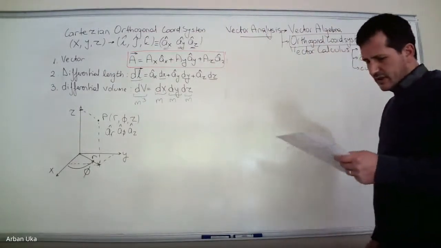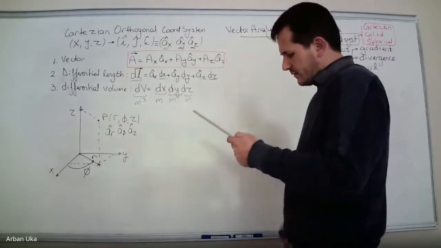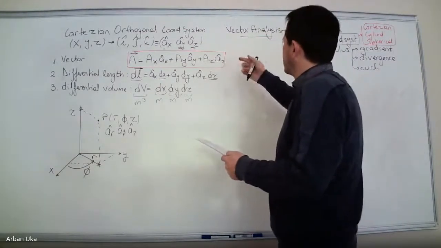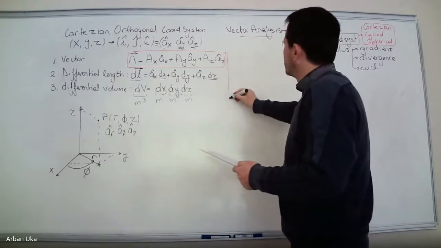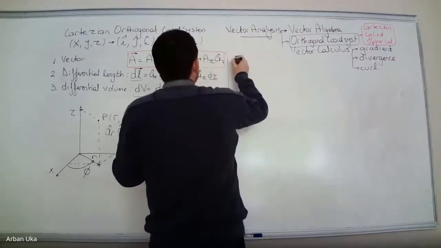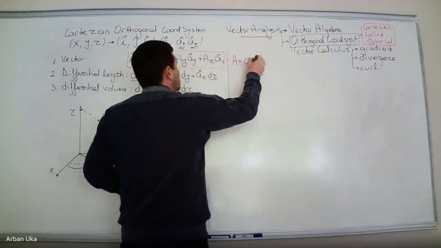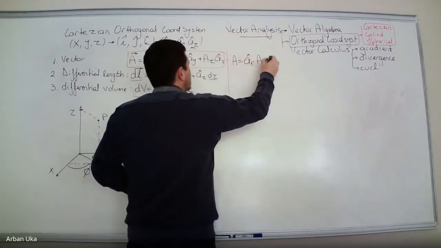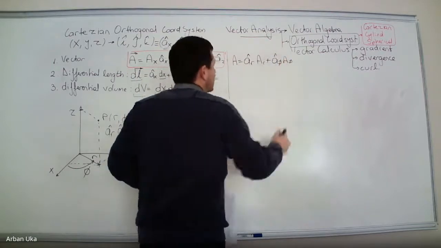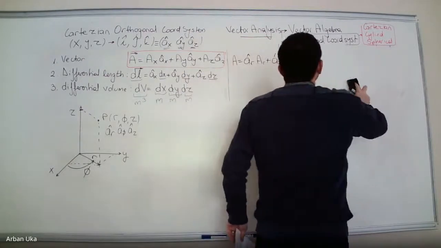First of all, let's see what is the unit length. No, we have to write down the vector. How does a vector look like in cylindrical coordinate systems? This would be written as follows. Vector A is equal to A_R plus A_phi. What does this mean? This means the projection along the a phi, plus